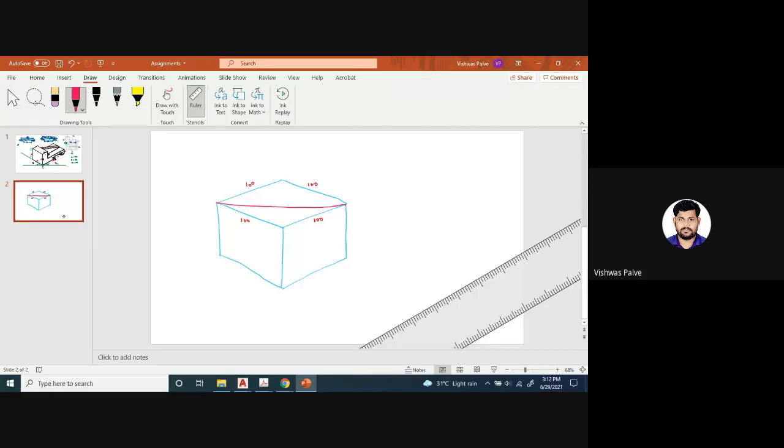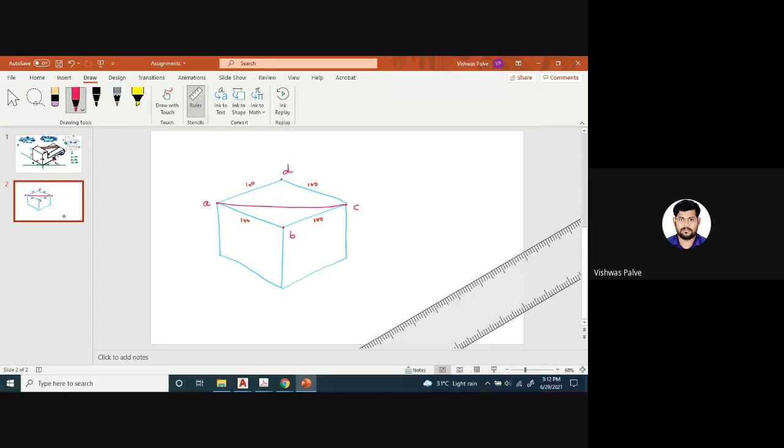For drawing purpose, I'll name the four corner points A, B, C, D. I want to draw a circle at the top. Then AC is the major diagonal, BD is the minor diagonal.